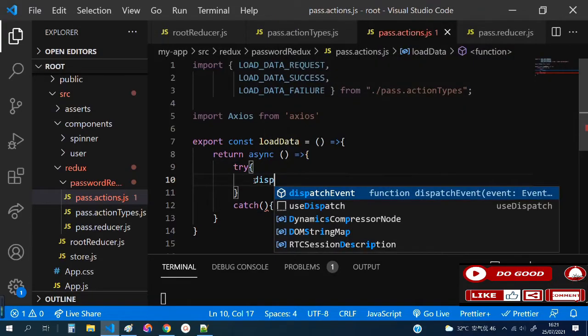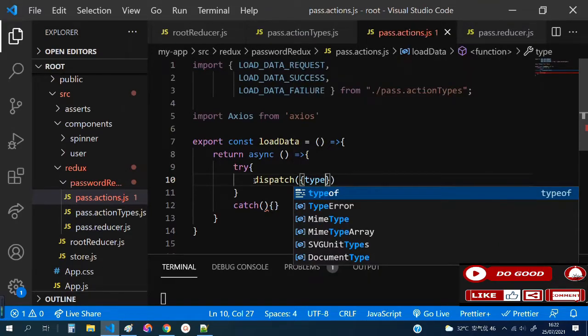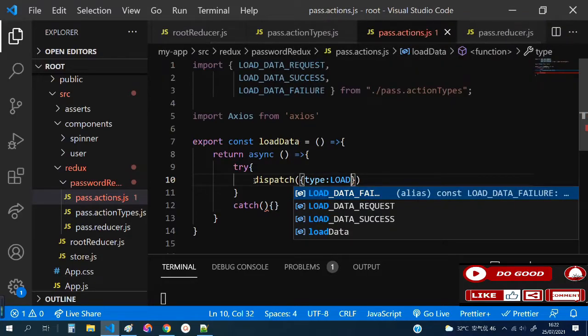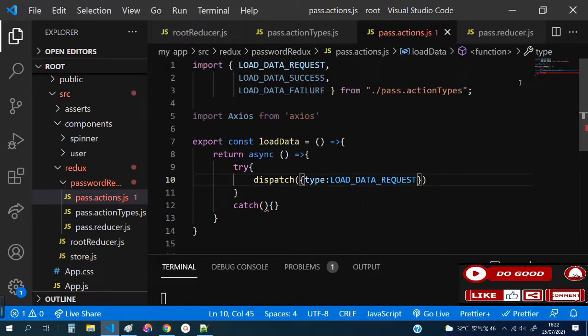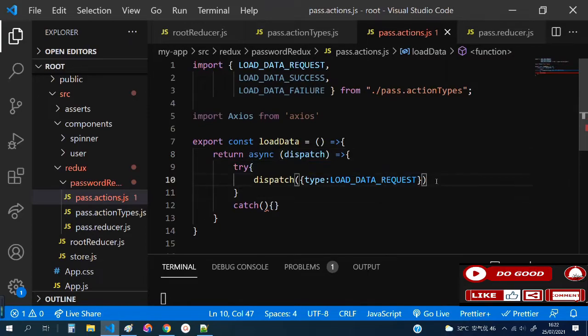So that is that. So the first one, let's take the try. Now with the try, let's dispatch. We dispatch a type called what? LOAD_DATA_REQUEST. So we have LOAD_DATA_REQUEST. Good. Now we have to put dispatch here. Good. Now if the request is made, we need to get a URL. So we say let dataURL equal to